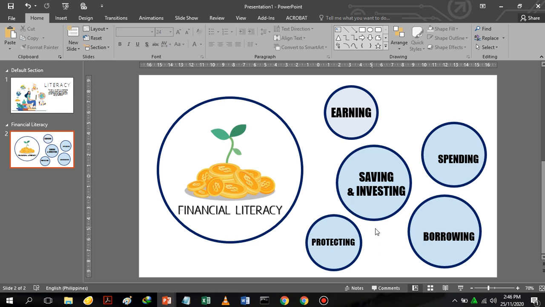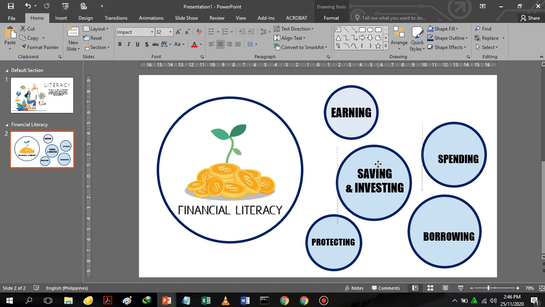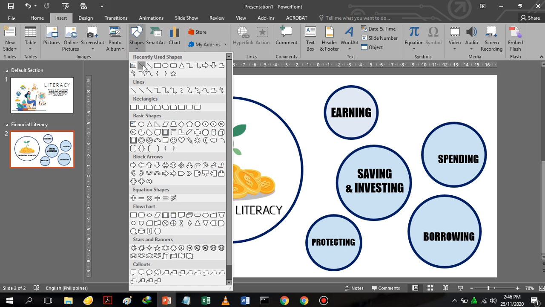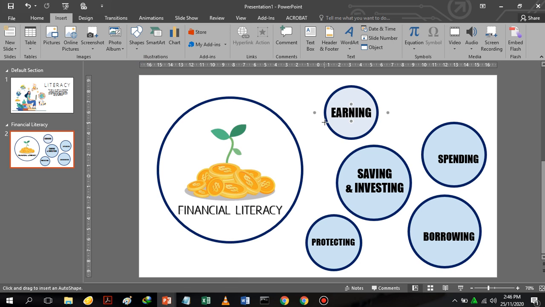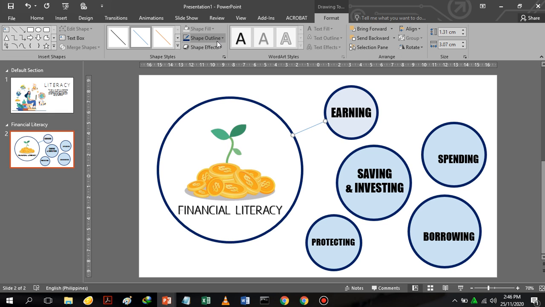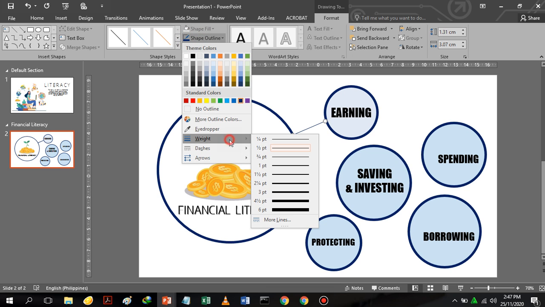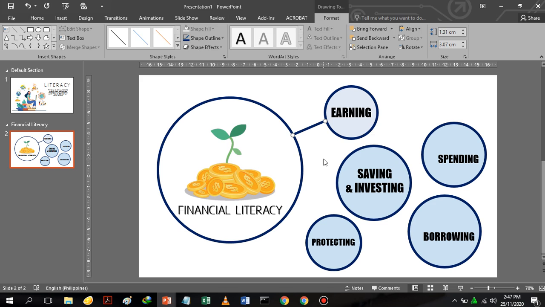Okay, now that we have our circles for the mind map, we are going to link each circle to each other. So we will go to the Insert tab again, and then the shapes, and we will be using this line. So drag it here, and then for the color of the shape, use the same color as the outline, and then the weight will be 6 points.